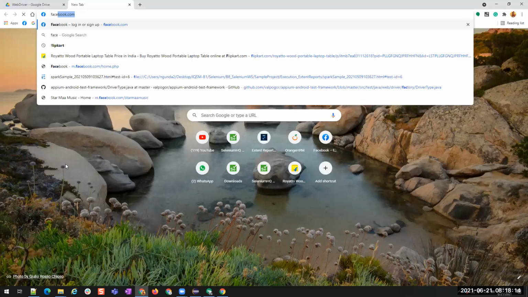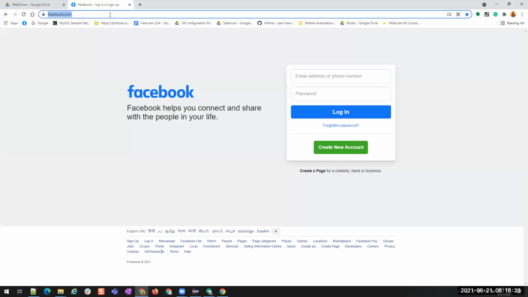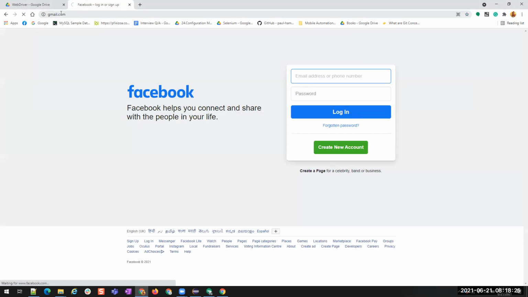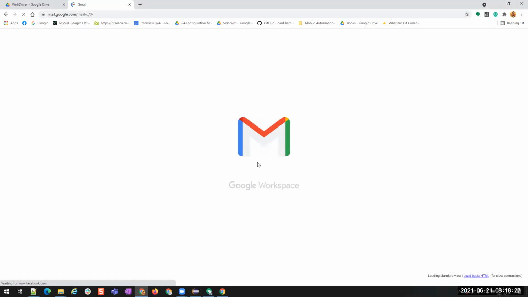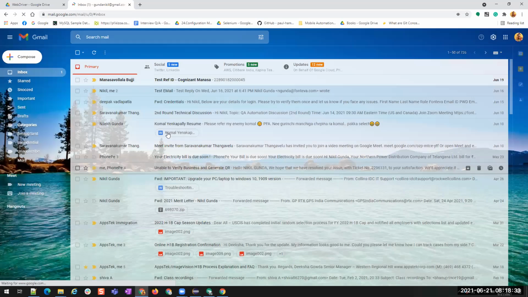Suppose facebook.com, I want to click on username, but this is loading a bit faster. Gmail is the correct example. Once I go to this URL, I have to wait until the inbox is open. You see there is a loading screen here. Until this is completed, I have to wait, right? I know that I have to wait until that page is loaded.